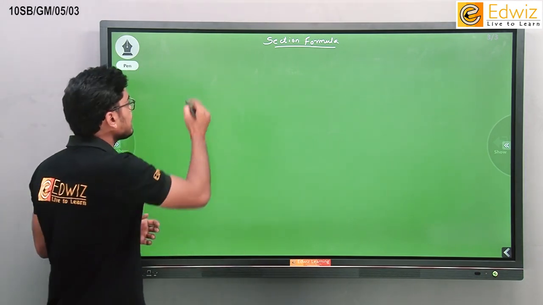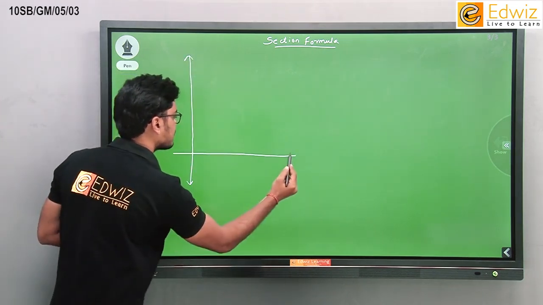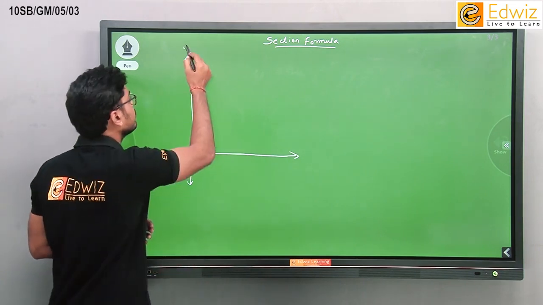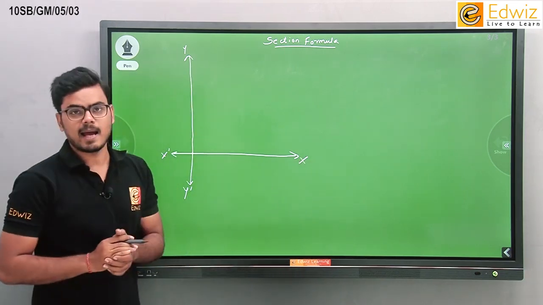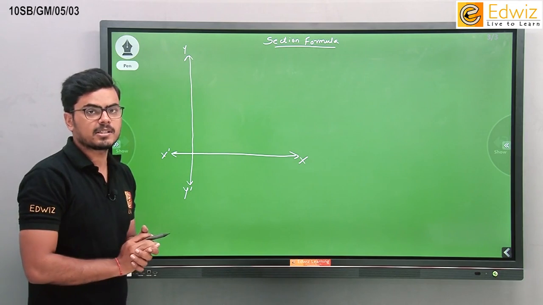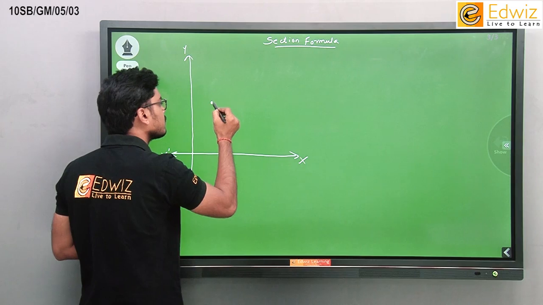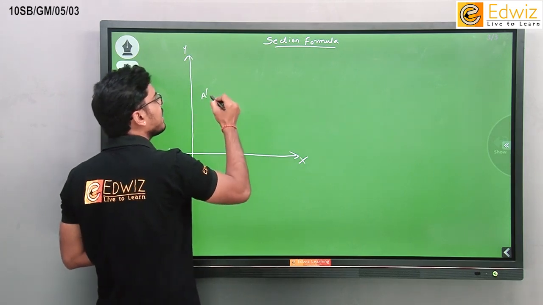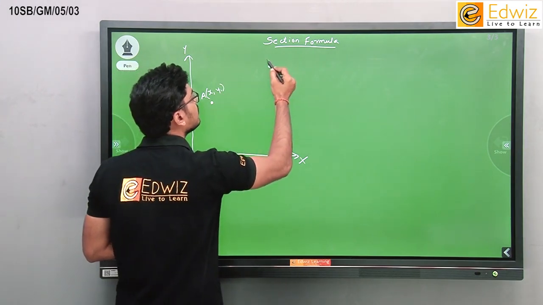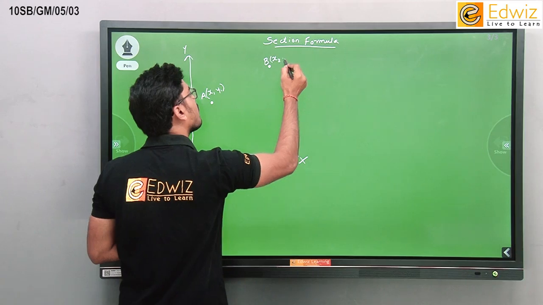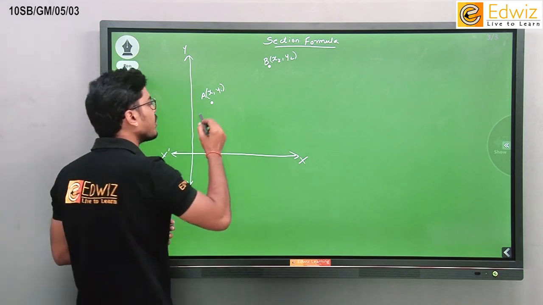Suppose we have the two coordinate axes. This is the y-axis, this is the x-axis. Okay, and I have two different points on this coordinate axis. Suppose this is point A. The coordinates of point A are x1, y1, and I have a point B. The coordinates of point B are x2, y2. Okay, and if I draw a line joining the 2 points,